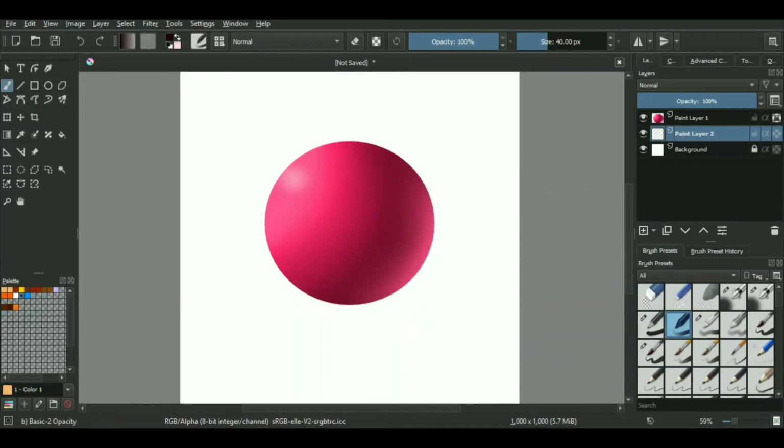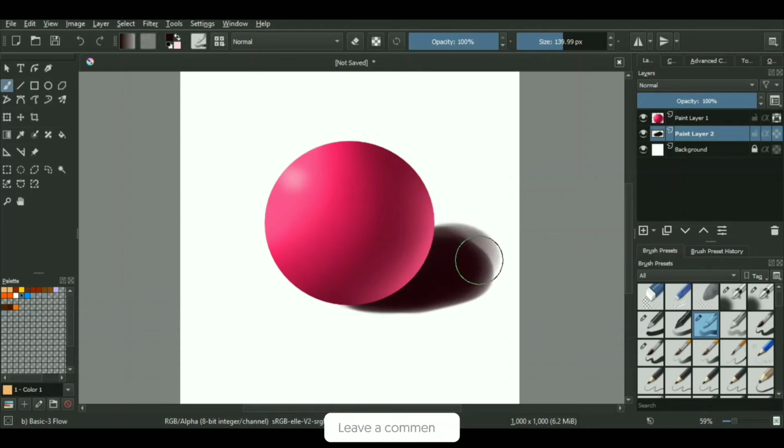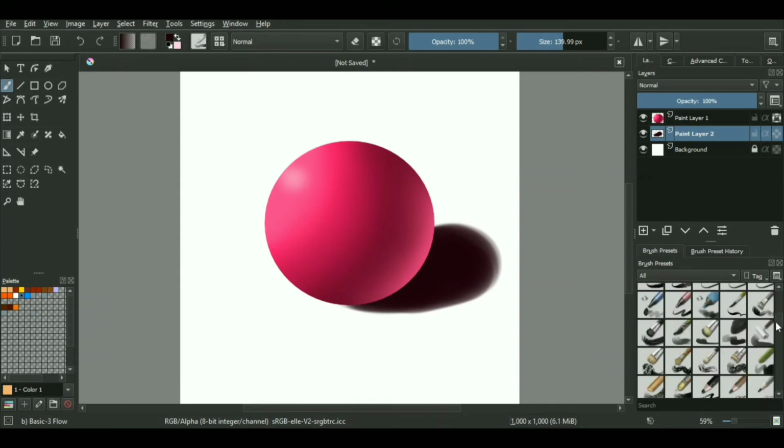On the surface or on the floor, we will be quickly drawing a blackish sort of shadow. It's just quick, very simple, very easy, nothing fancy. But actually, if you want to make your shadows much more realistic, what you can do is make sure that the shadow is not completely black. Try to keep it somewhere around gray, because obviously the reflected light is also hitting this cast shadow, decreasing its actual darkness and making the shadow look a little lighter.